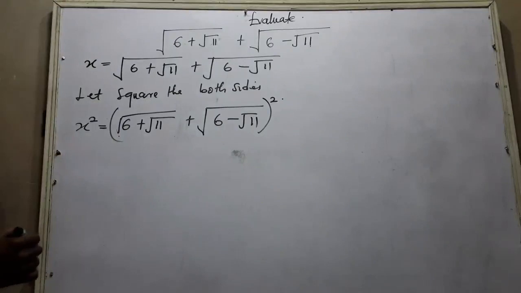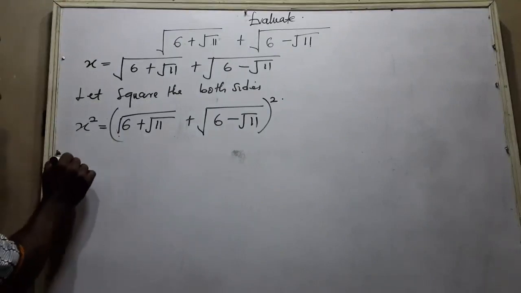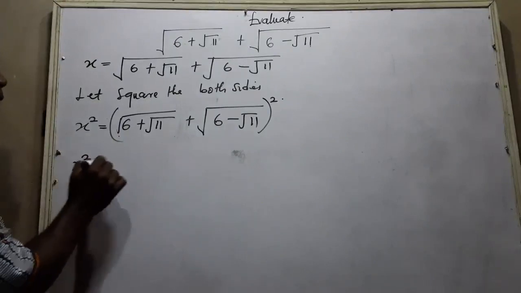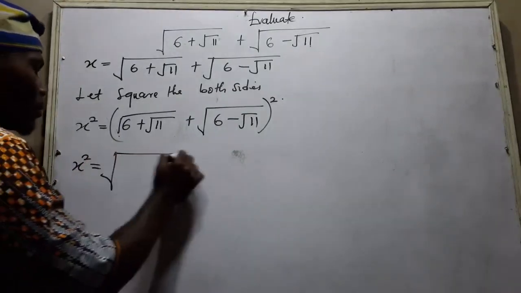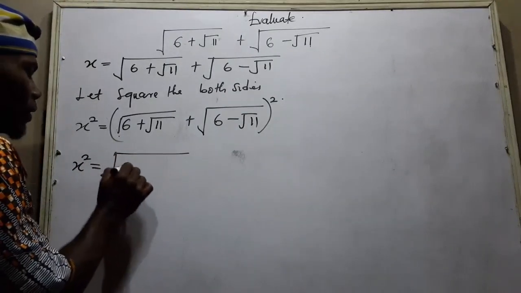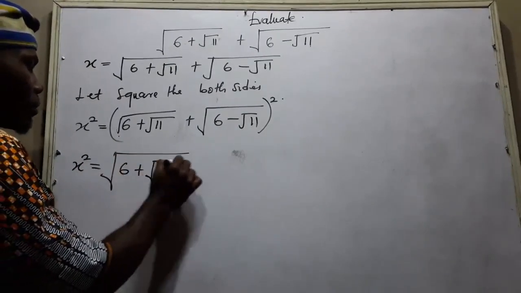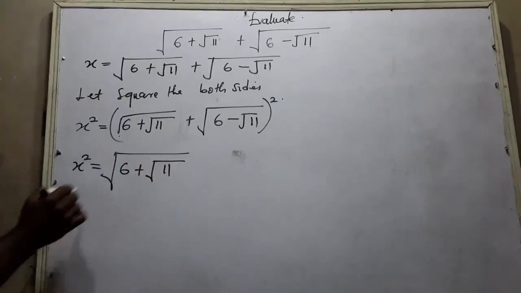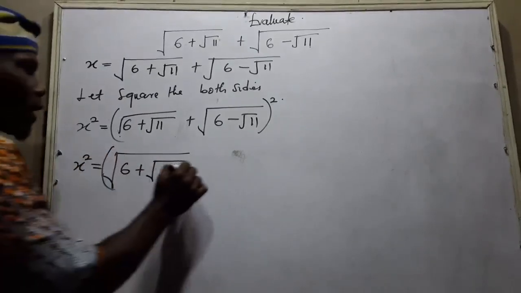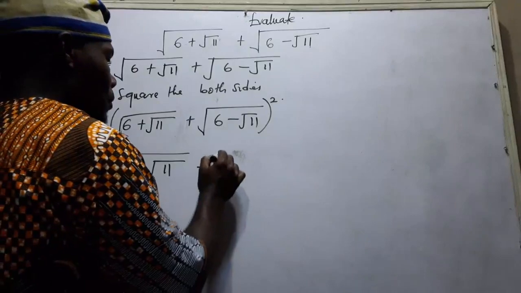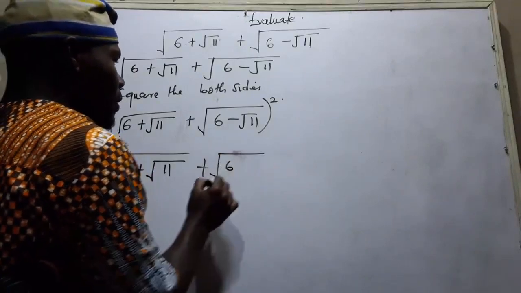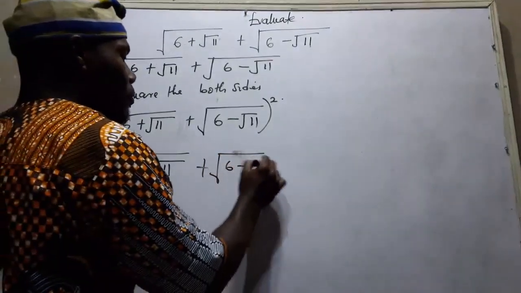So we have x squared is equal to root 6 plus root 11 plus root 6 minus root 11,